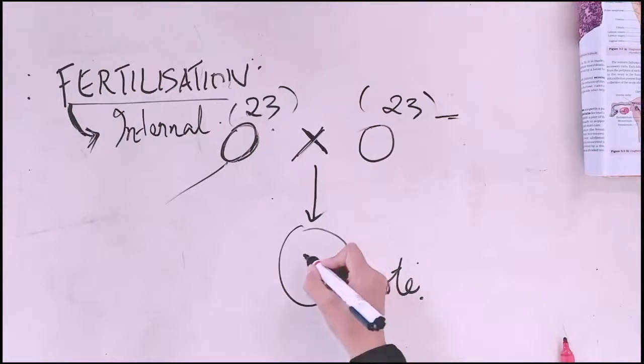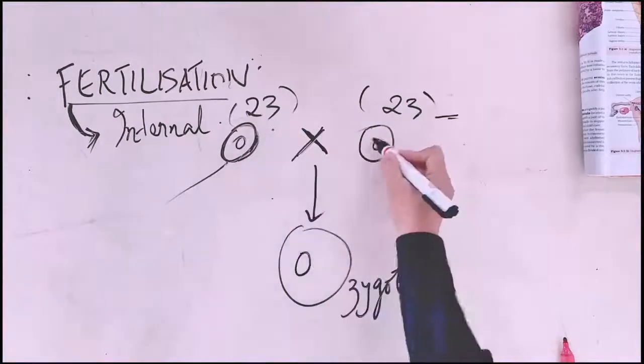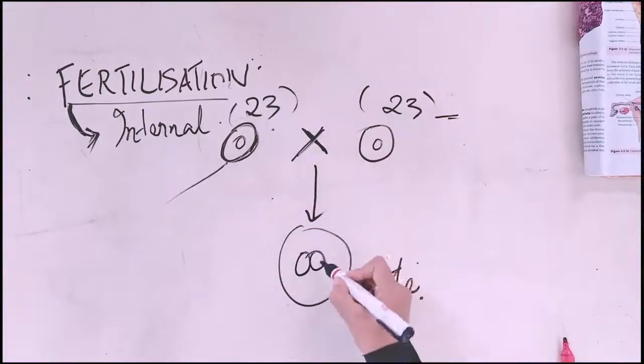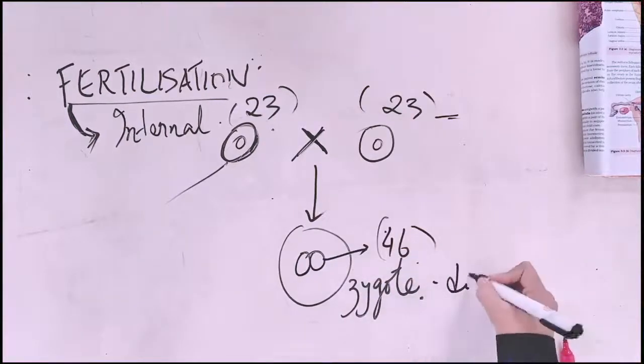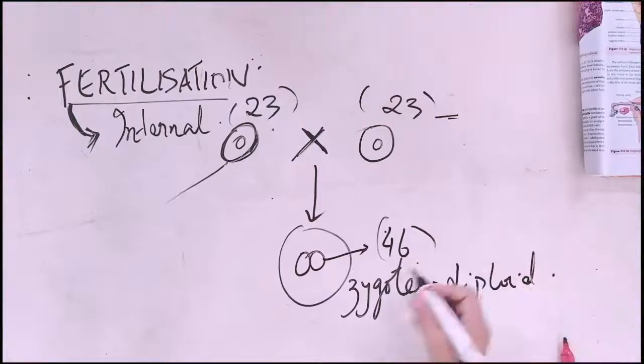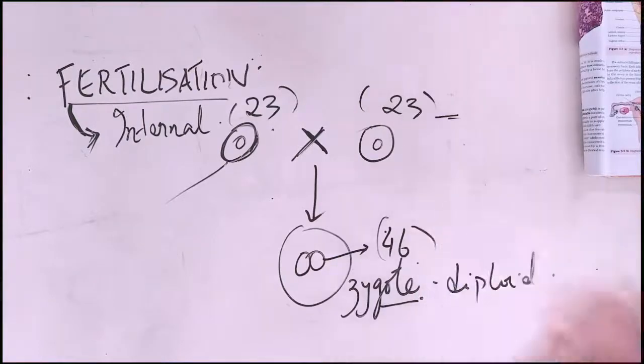The zygote has a nucleus. They each have their own nucleus, the nuclei fuse, and now it becomes 46. So the zygote is diploid. The diploid chromosome number is maintained by fertilization. Then the 46 will again be reduced by meiosis to form sperm cells or egg cells with 23, and then a sperm and an egg can fuse, giving 46 again. That is how it goes on, generation after generation.